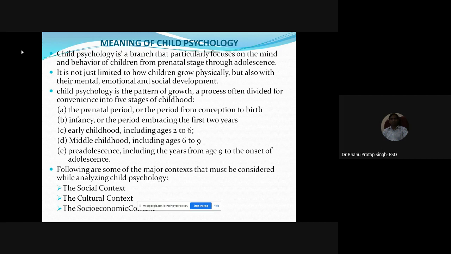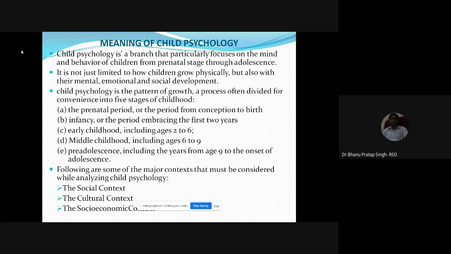So as a teacher, you should be aware what are the impacts of these kinds of social groups on the child. Even there is some cultural heritage also. What are the implications of cultural heritage on the child? Sometimes the child may be influenced by some cultural heritage. That's why he or she is not able to learn properly. So the teacher should be aware of the cultural context,